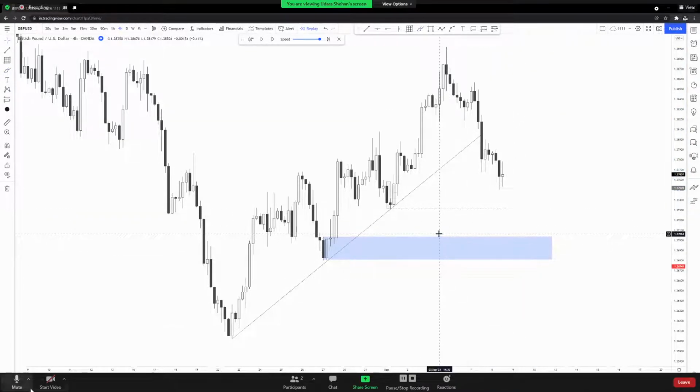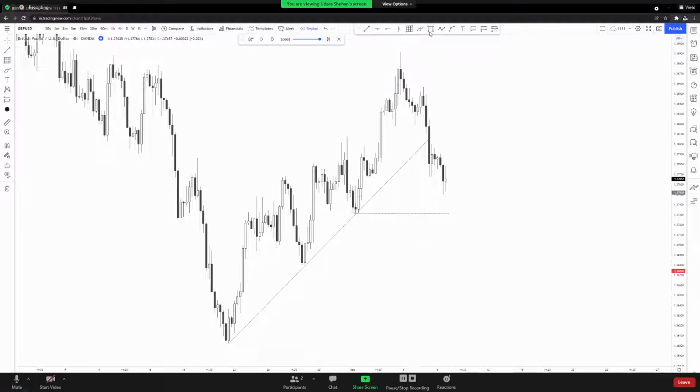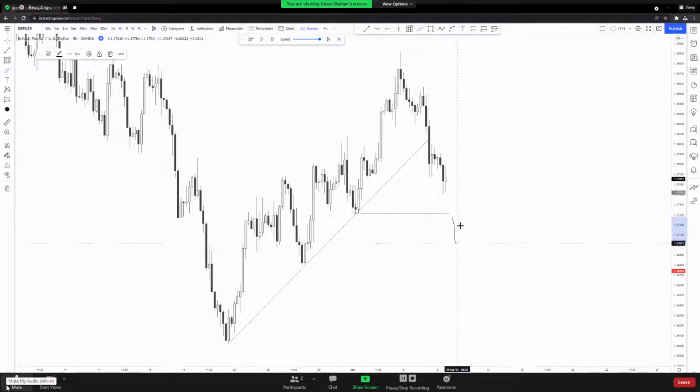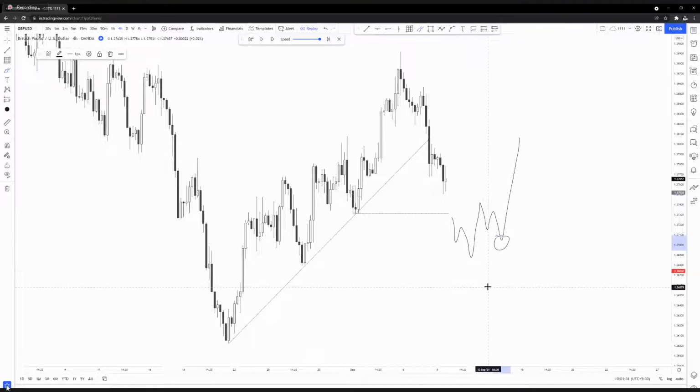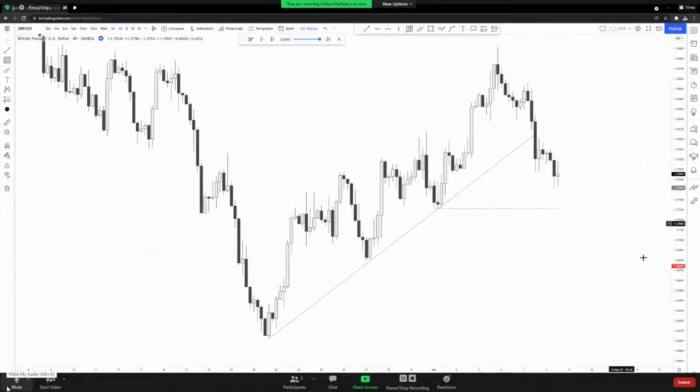So you have to look for a point of interest that is closer to this inducement. Now, actually, you don't even have to have a point of interest. If you know that this is liquidity, simply what you can do is as soon as it gets taken out, look for a bullish QM to form, buy it here. That's it. But yeah, if you really want to, you can look for a point of interest.